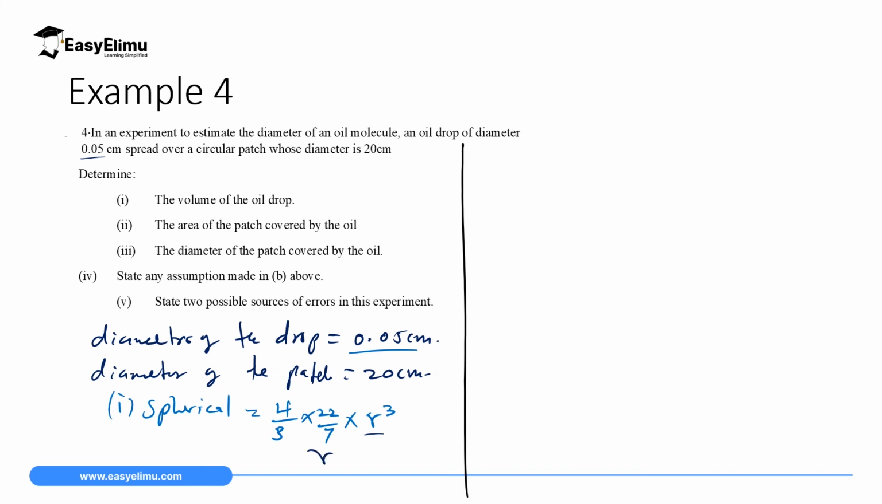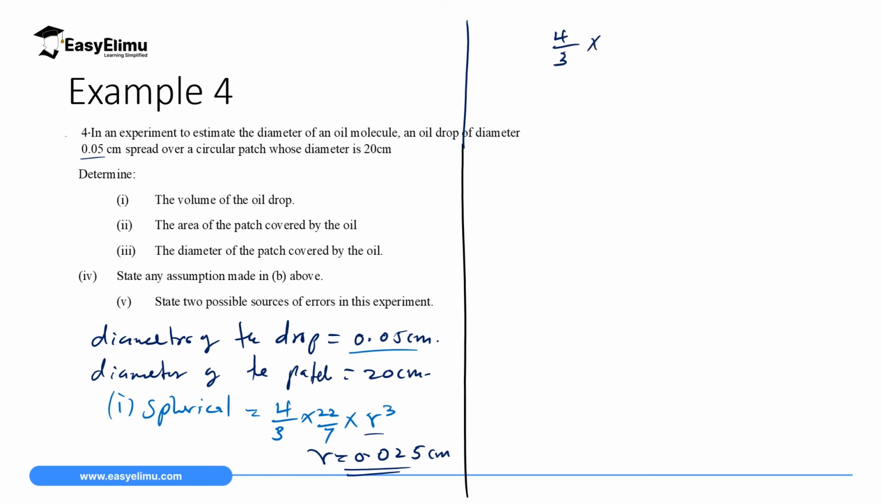So the radius here is 0.025. In that case, that is the radius. When you divide 0.05 by 2, it will give you 0.025 centimeter. So in this case, if we want to calculate the volume of the drop, then it's going to be